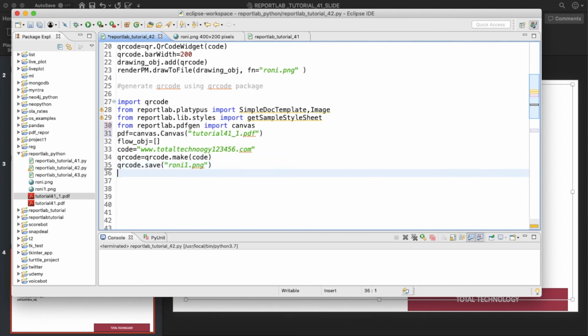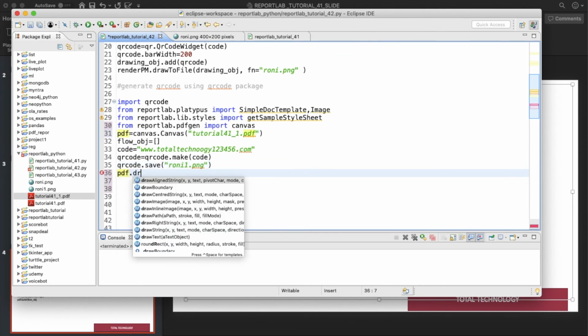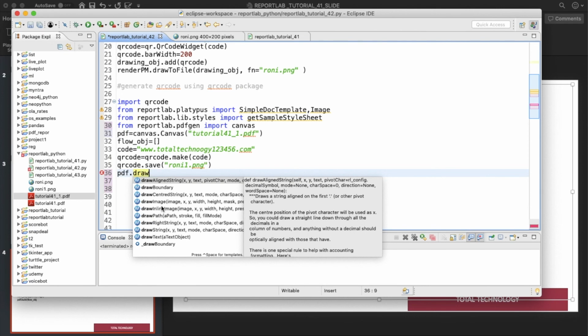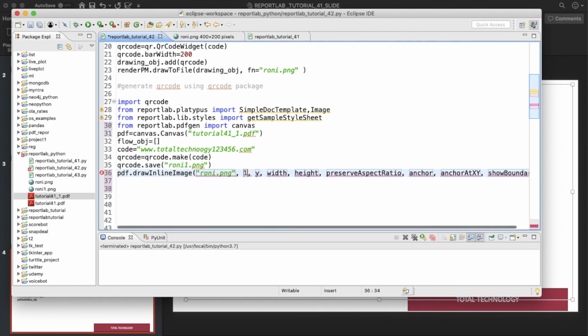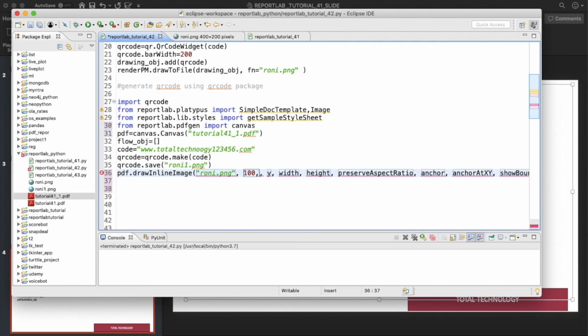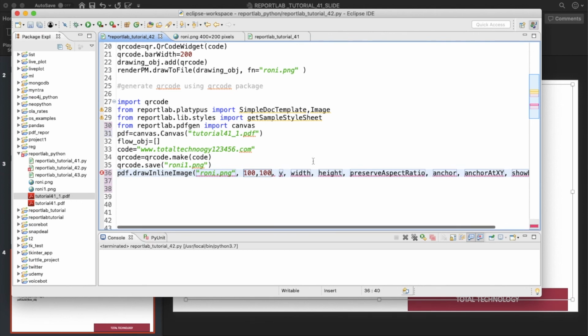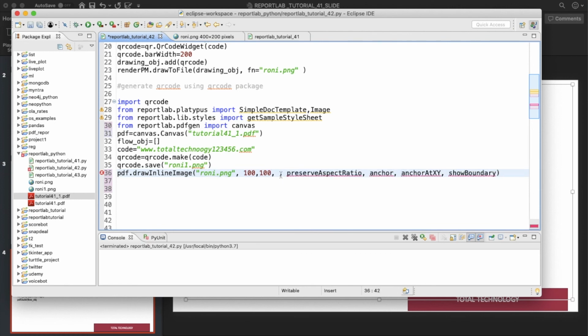Now what is going to happen, like pdf.drawInlineImage. So here you can just write ronnie.png. xy means the xy coordinate, so let me just keep it like 100, and from top it will be, let's say, 100. Okay, and width or height, probably let me just define this thing. So width, let's say 300, and height, let's say 300,